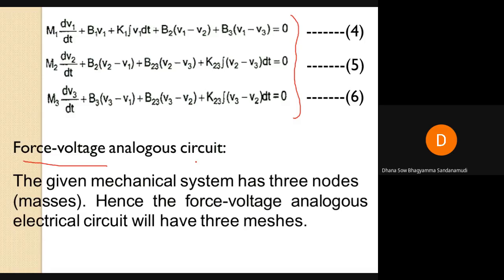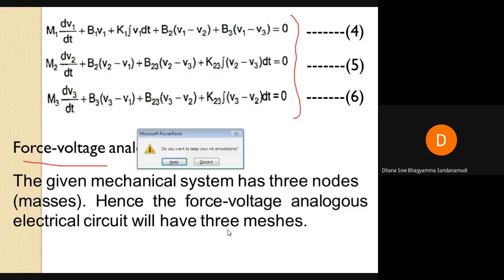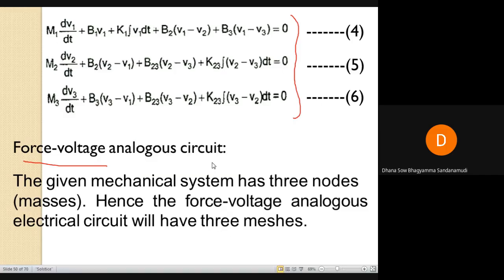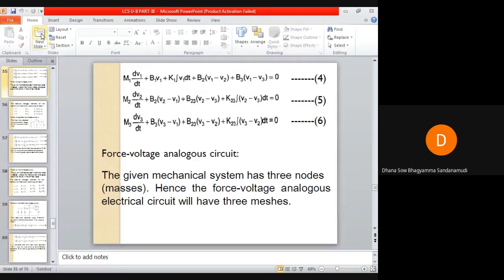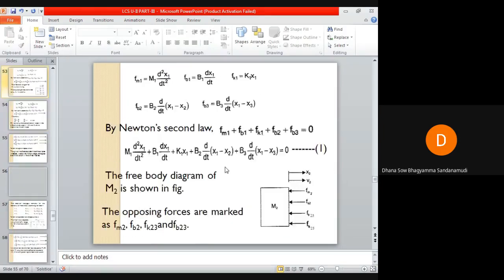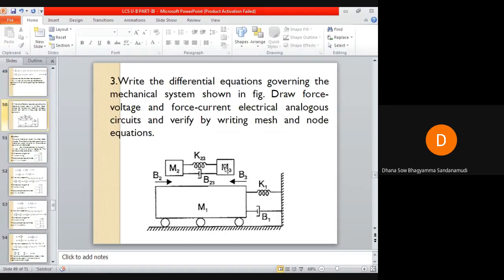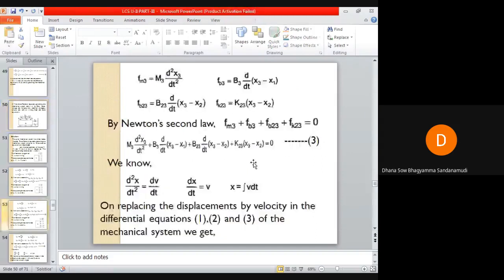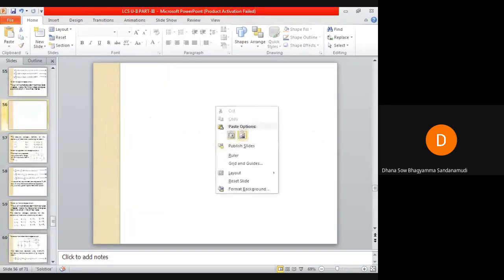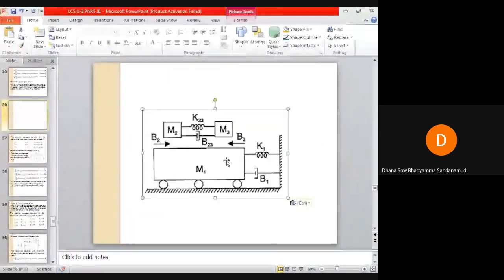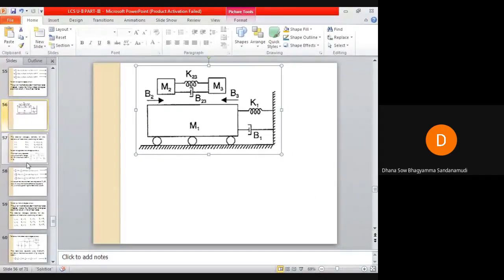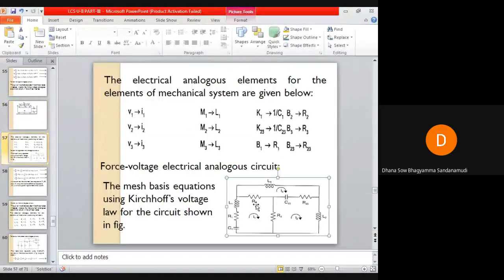Okay, a thought came to me that I can do one thing. I will go back and insert a slide here. I will go to the first slide and copy this so that it will be clearer to you. I have copied the figure here. I am moving it upward. I will go to the next slide and copy this.